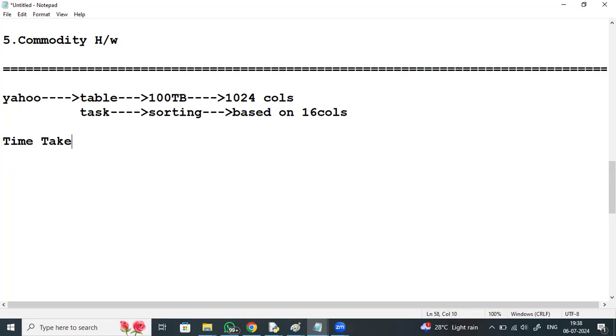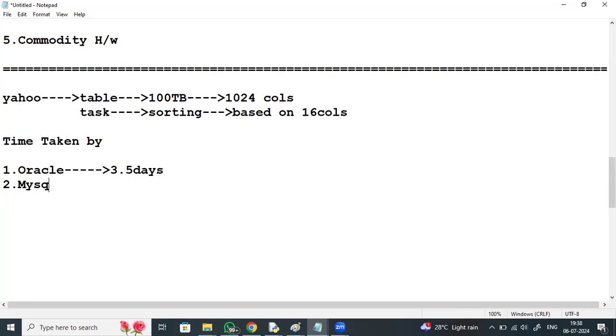Time taken by different databases. First, Oracle has taken nearly 3.5 days to process it.